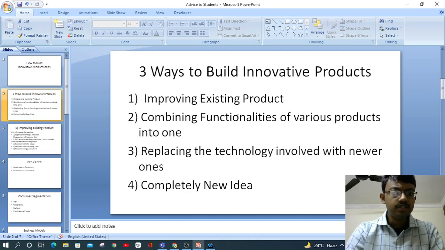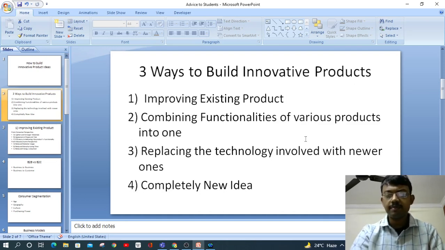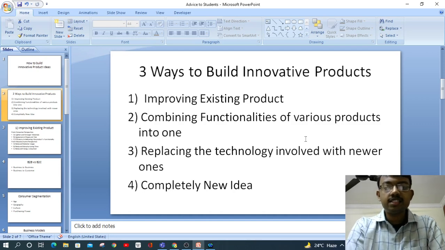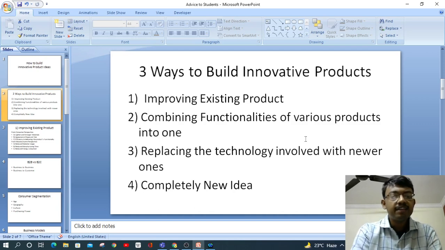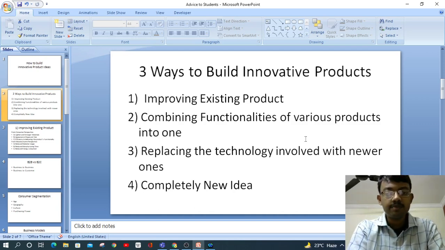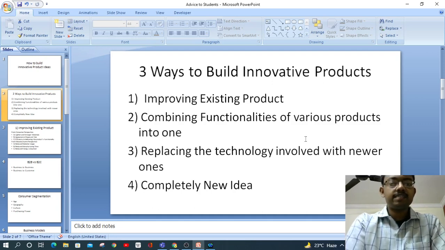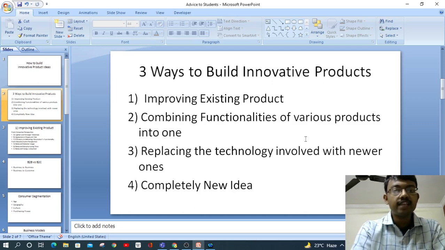And coming back to the previous slide, combining various functionalities of various products. What does that mean? Previously tape recorders were separate, radio was separate, and then a new revolution came wherein you have both the FM radio as well as the tape recorder in a single thing. And previously, smartphones were mainly used for calling, and later on they added various features like text messaging, voice messaging, etc. And later on they tried to combine voice recording into that.